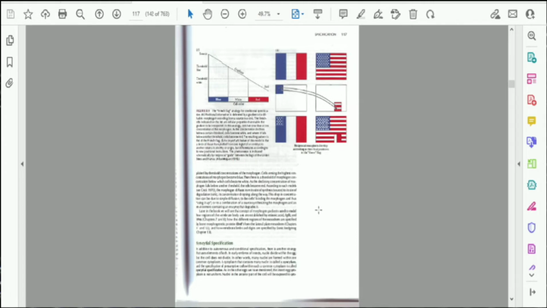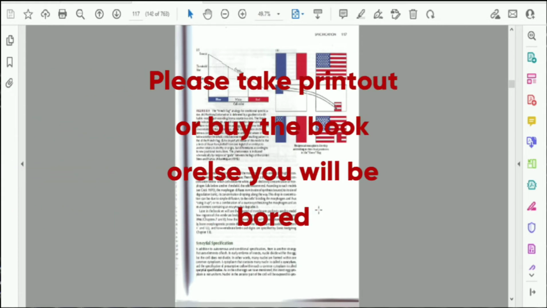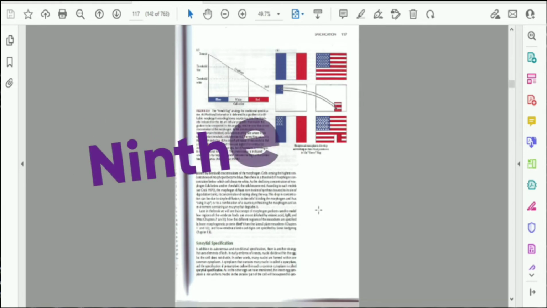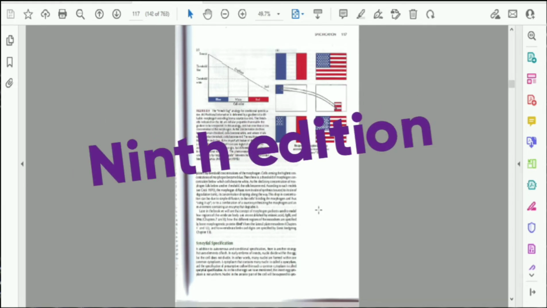Okay, and if you find studying from this book difficult, take a printout of those pages that I'm going to mention in this video. You can download this book from various websites, and I personally suggest the ninth edition, because Jodi ma'am also refers to the ninth edition. It will be good, because the seventh edition will be boring, and the upcoming edition will also be hard. So the ninth edition is better.